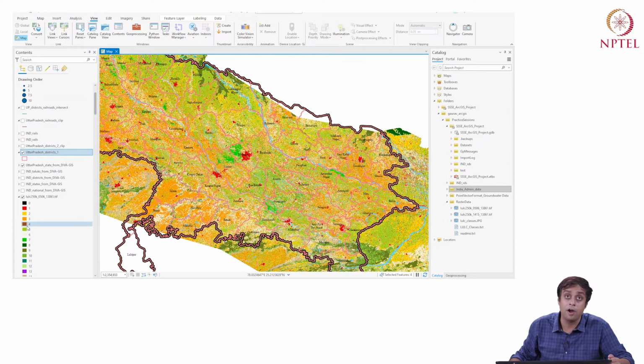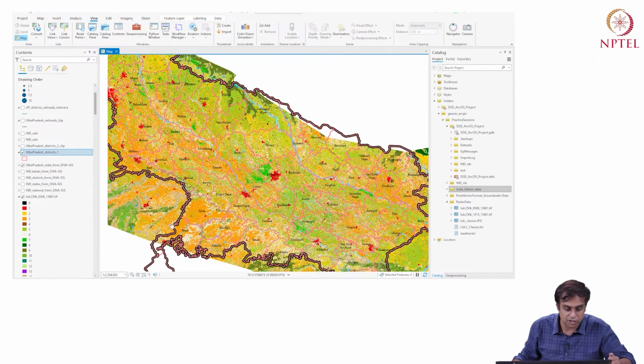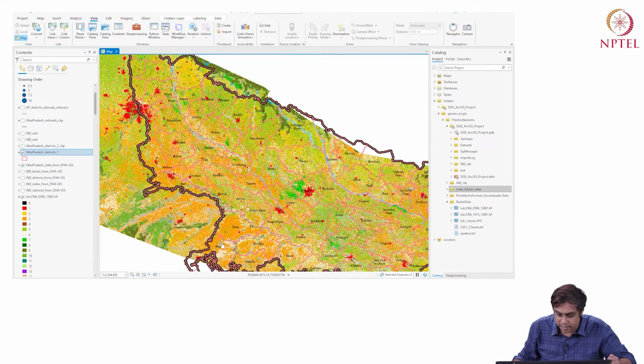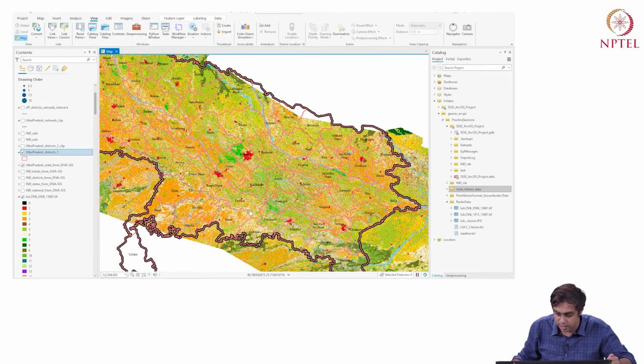Zayed is the summer crop, right? It happens in the months of April, May, June, right? So that's it. So March, April, May, June. Where is Zayed? Let's try to find out. Can I find one single pixel of Zayed?